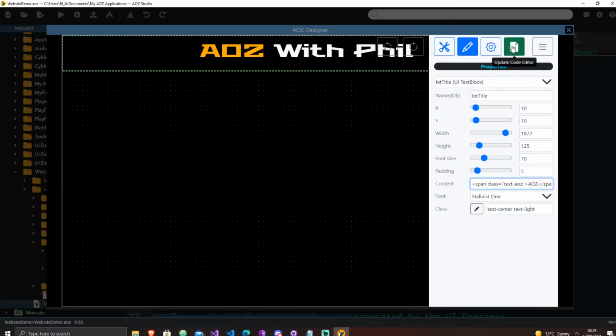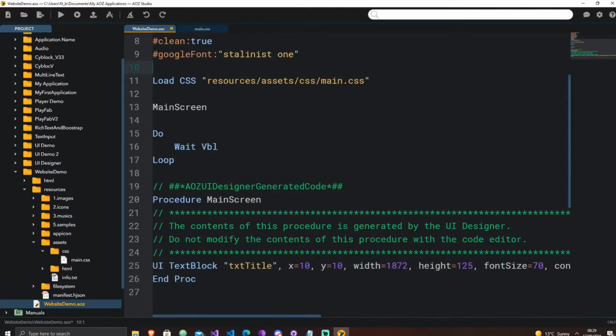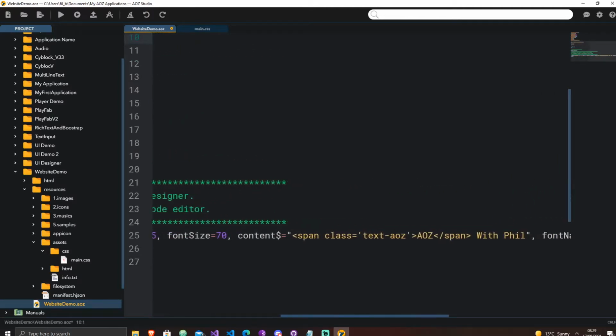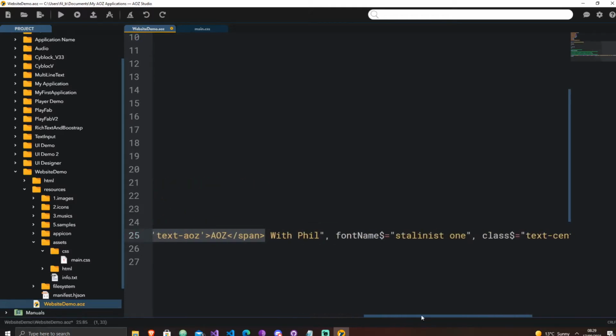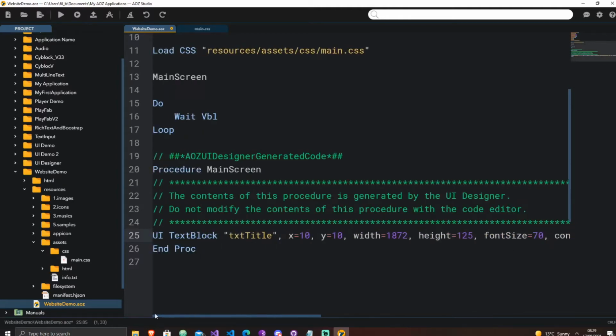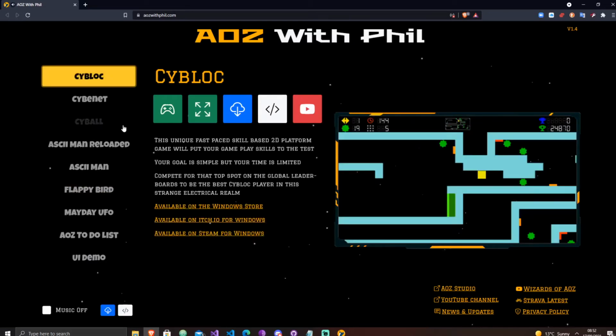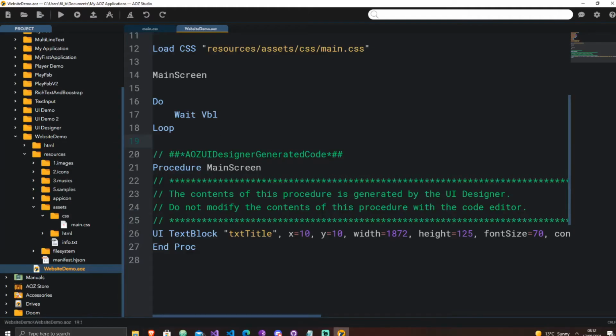So we'll click the update on there, close this off. You can see in the code that it generates, it's actually put all that in for us. So it's pretty simple HTML. That's a way that you can apply your different classes that you can define. So the next thing that we want to add, we'll add these buttons on the left hand side. So we go back to the designer,